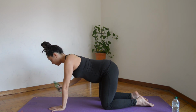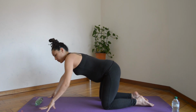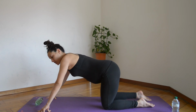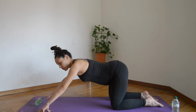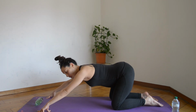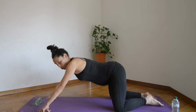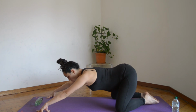And all the way. Resting the water bottle in front of you. Go on the tippy toes or on the tips of your fingers. Slide your knees back slightly and use your hands to push back on. So did you see that? Push back and widen your knees. Sorry, ladies, if you got your belly in your way. Push back